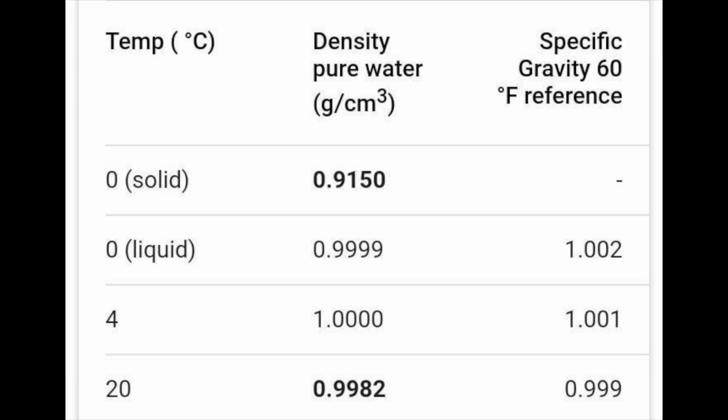Today in this lesson we'll be learning about density in the ocean waters. The density of any material is defined as the mass per unit volume. Thus, in the CGS system, density is measured in grams per cubic centimeter. The specific gravity is the ratio of density to that of the distilled water at a given temperature and under